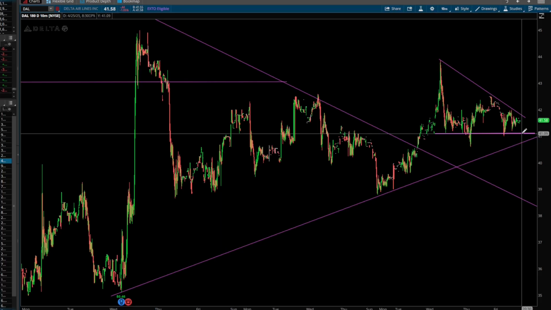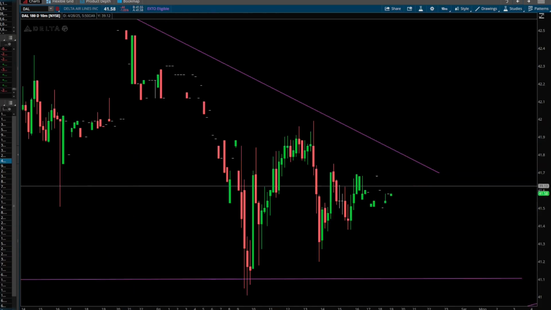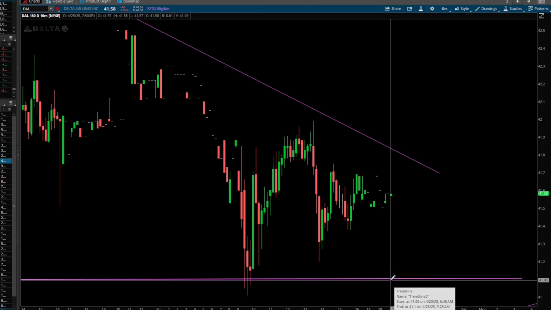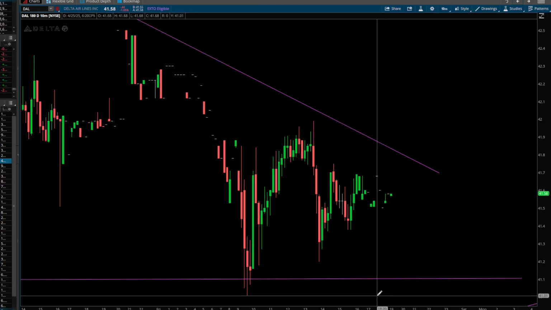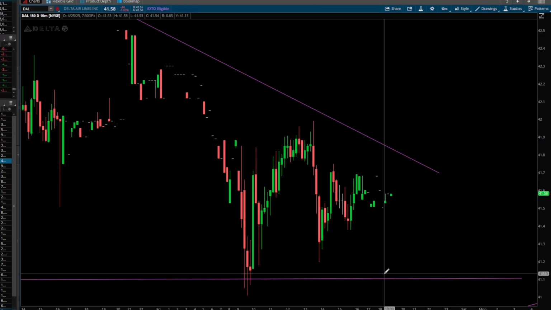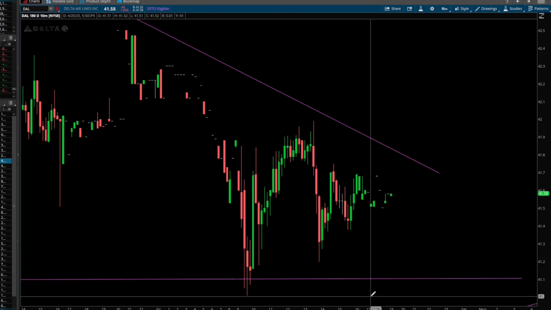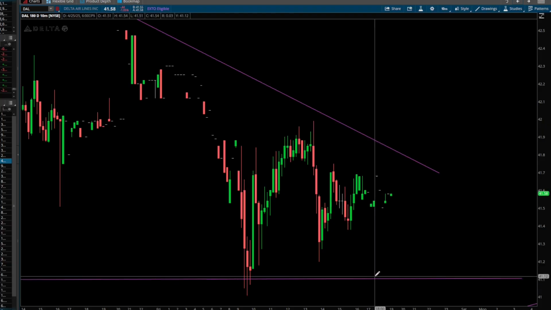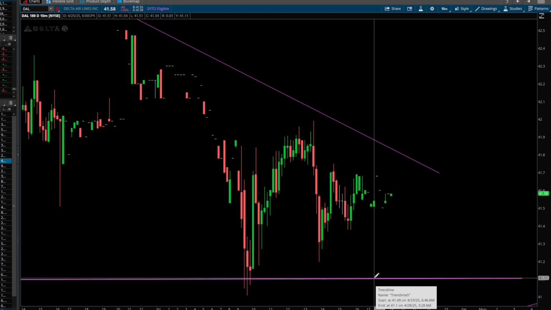Okay, so the theory behind tight risk adds is that you're on the lower time frame. You see a level that you think is going to hold, and you really want to push up your size yet contain your risk. So if it's hovering around 41.10 and I want to get real tight and only risk 10 cents on a tight risk add, I can use, say, 0.10. But 10 cents